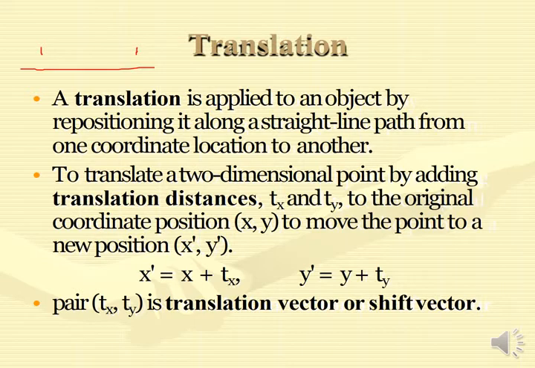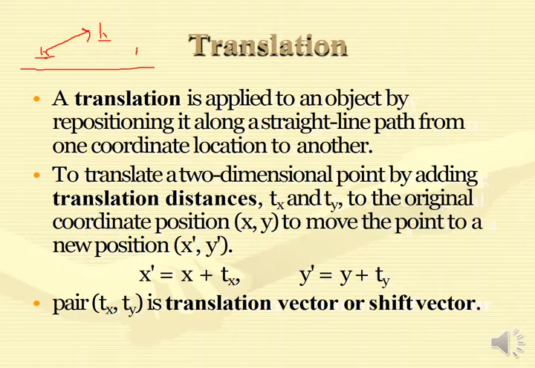That means if it goes from here to here, it is not a translation. It is going to involve translation and rotation, because I can see that this object was at a 90-degree angle with the surface, but here also it is at a 90-degree angle with the surface, but the scaling has happened, or maybe something else has happened. You have to make sure that it is happening along a straight line path. That's what I am trying to say, and it doesn't change the height and width of the object. So in that case, scaling and translation both are going to be involved.